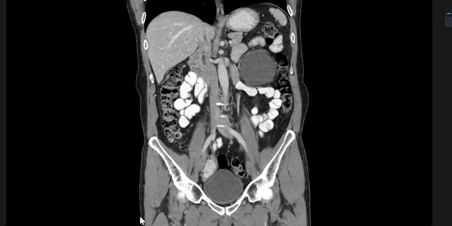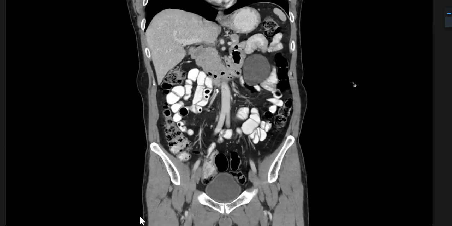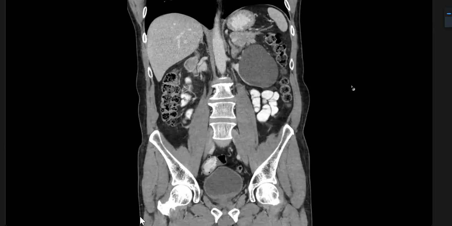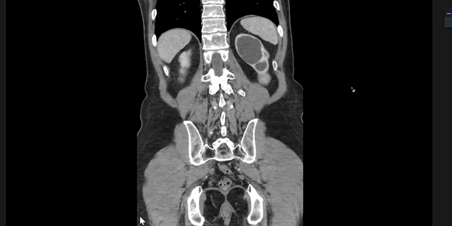I will give you this with contrast, to make life easier for you. This is a post-contrast image. It's not scrollable. So in these post-contrast images,